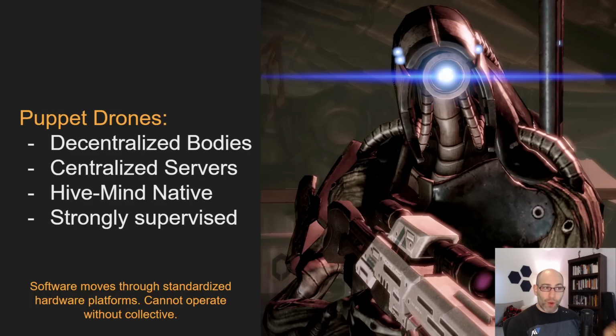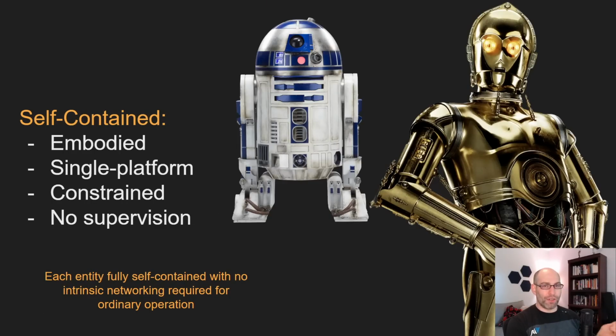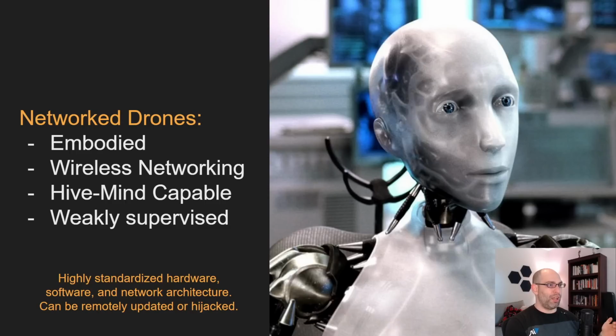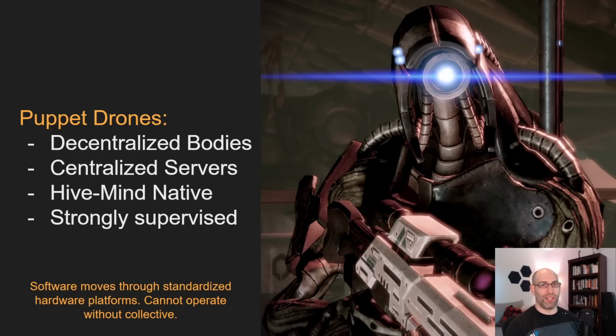And so for Westworld, they're mostly self-contained. However, when you look at some of the later seasons of Westworld, they can be fully autonomous, but they can also collaborate and work together once their software is updated. So I would say that Westworld is somewhere between Architecture 1 and Architecture 2. Puppet drones, this is kind of what we're afraid of. Like we see puppet drones in places like The Matrix. And the Nestor Class 5, you could argue that in the second half of the movie, when the Nestors become evil, then they're probably more like puppet drones because they kind of sacrifice themselves because they're now under control of